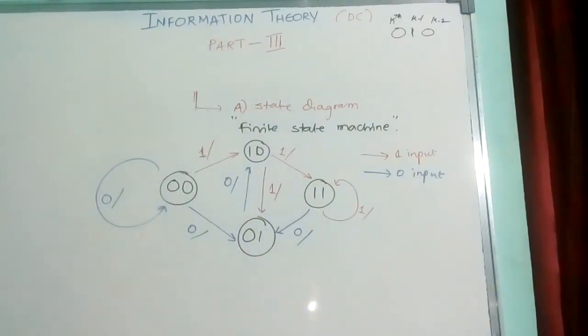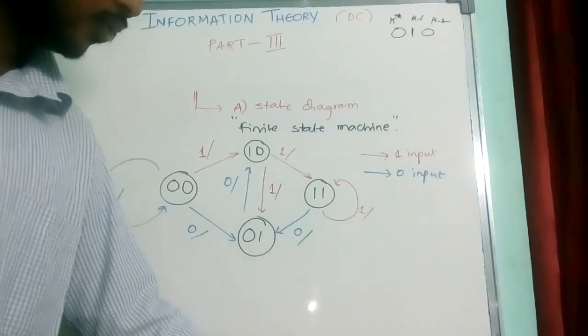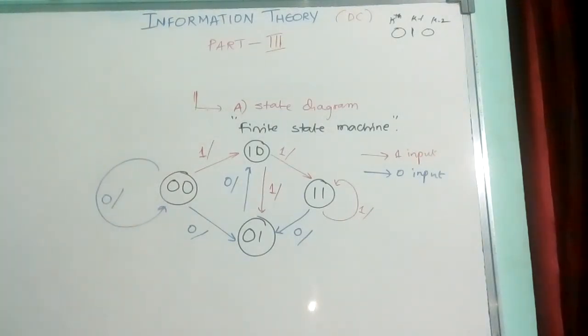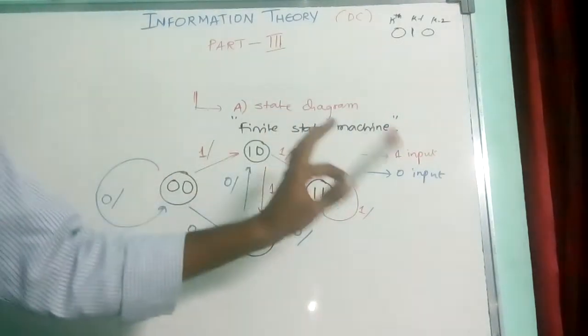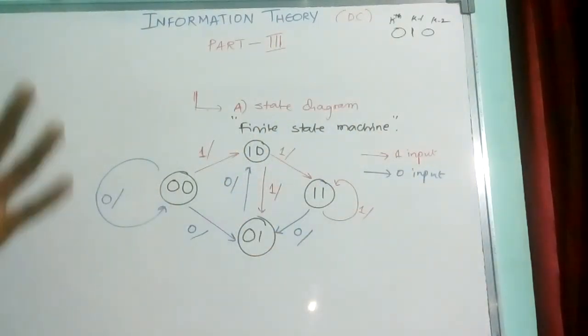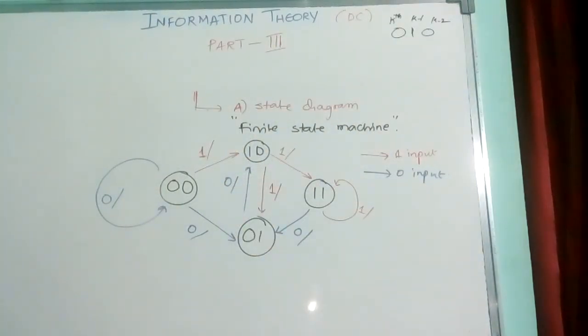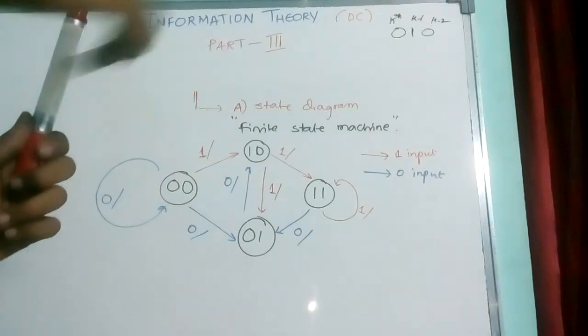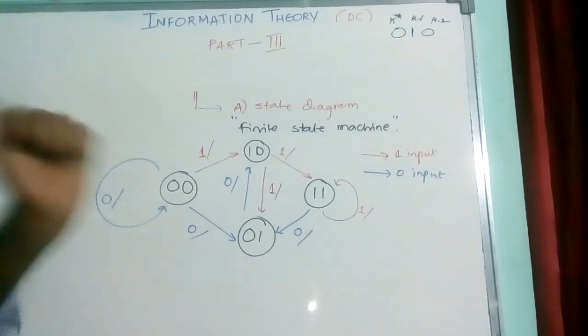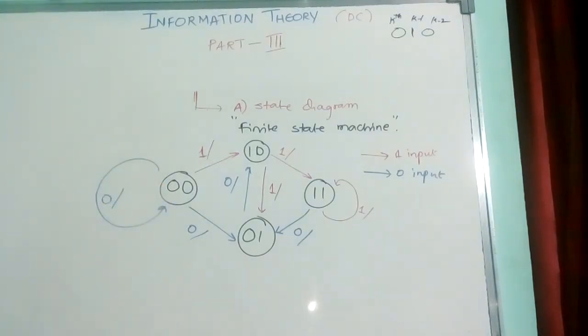Now these are the inputs. According to the equations we wrote earlier, I need to know the outputs, or code words, of this state diagram. I'll start drawing the table here. Now what I need are the input and